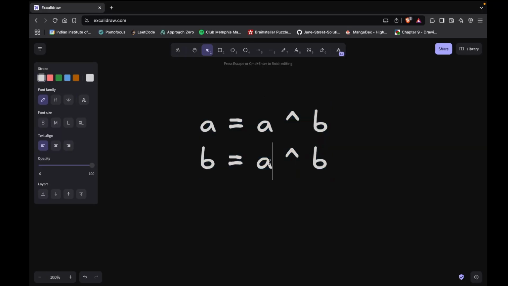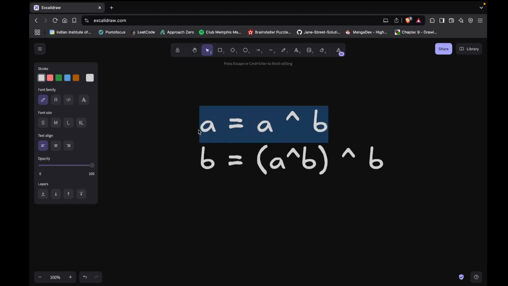So when you write A over here, you are essentially writing A XOR B here. Forget this for now. When you do A XOR B,